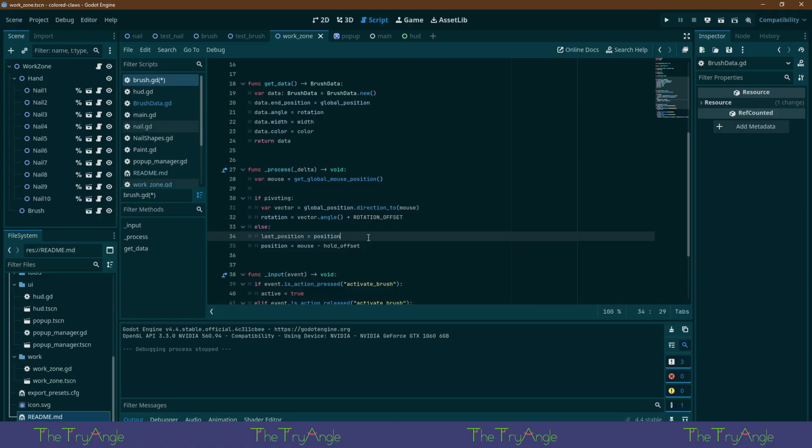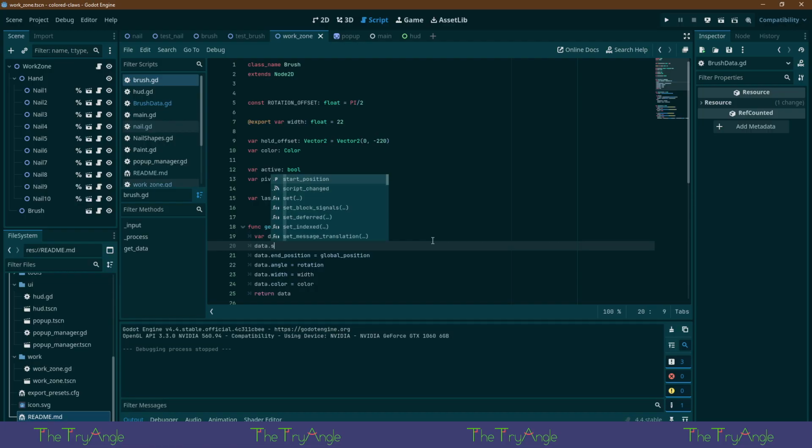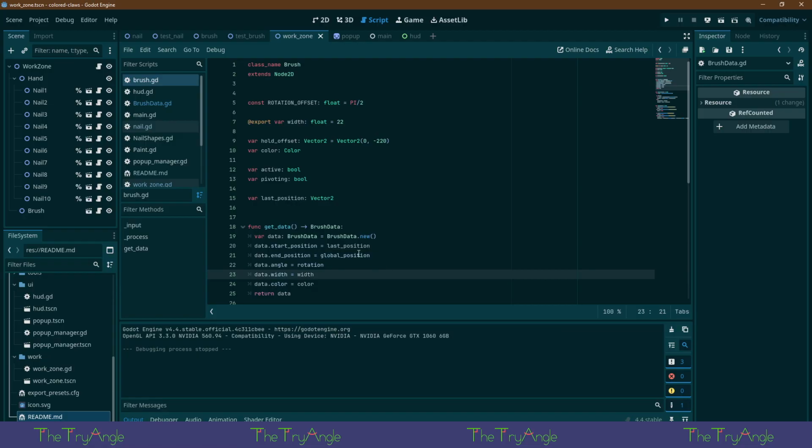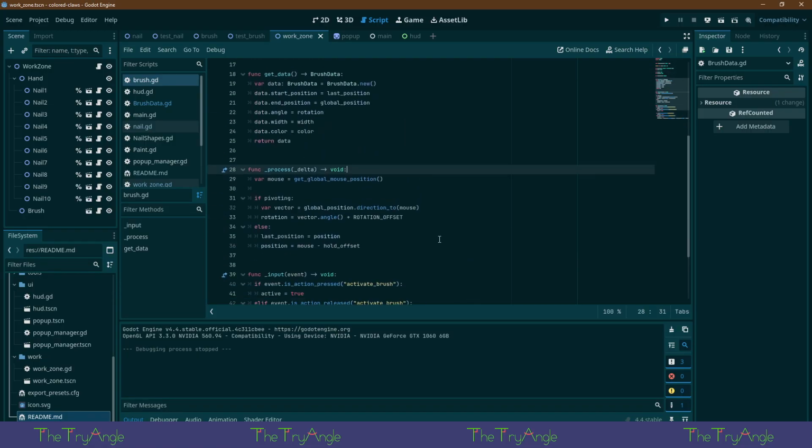I guess so, if we're manually setting the position the whole time. Yeah, we store the last position, we update it. There we go. And that should be it.